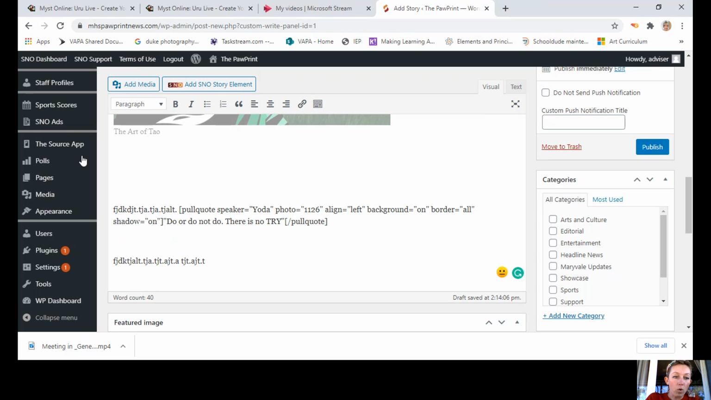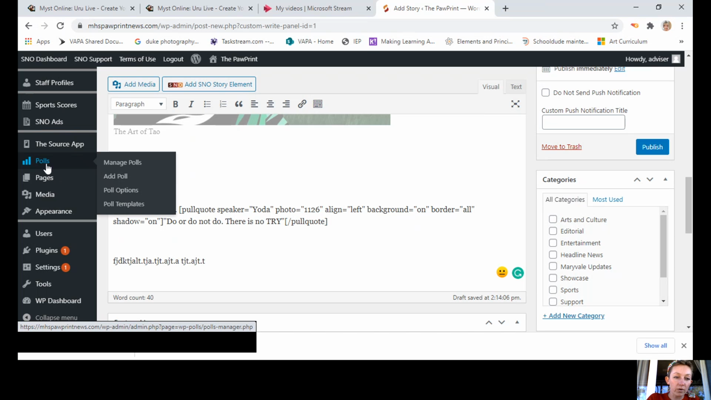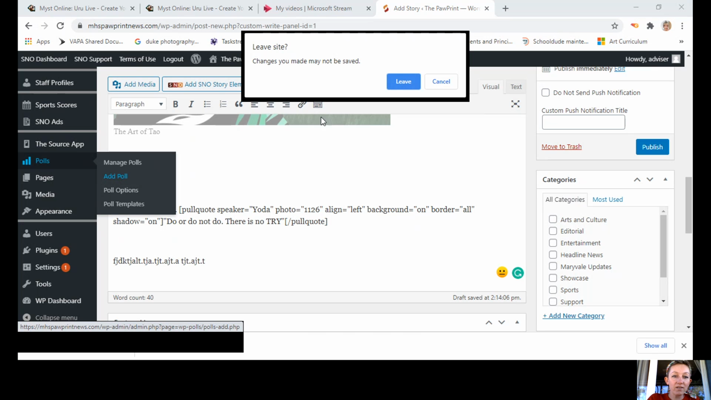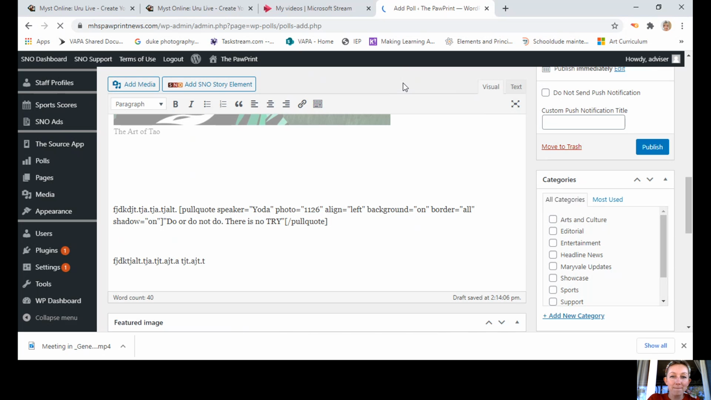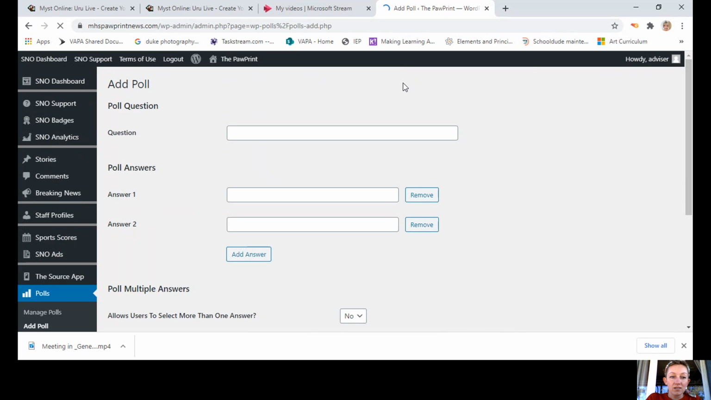Now, how to make a poll. To make a poll, you're going to go to polls here on the left, and you're going to go to add poll. We can leave this because we have a headline, so we're all good to leave it and come back to it. So I am going to make a question like, for instance, the polls work out pretty well for voting, but they don't allow open boxes. So it would be like,